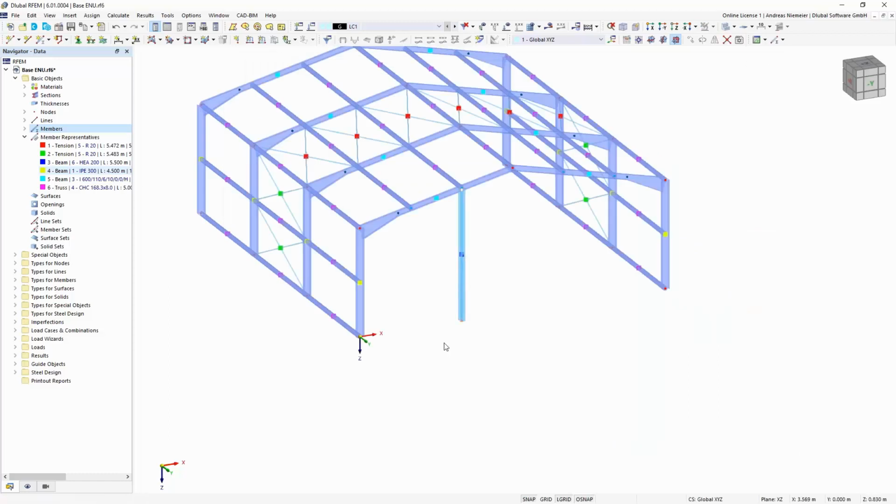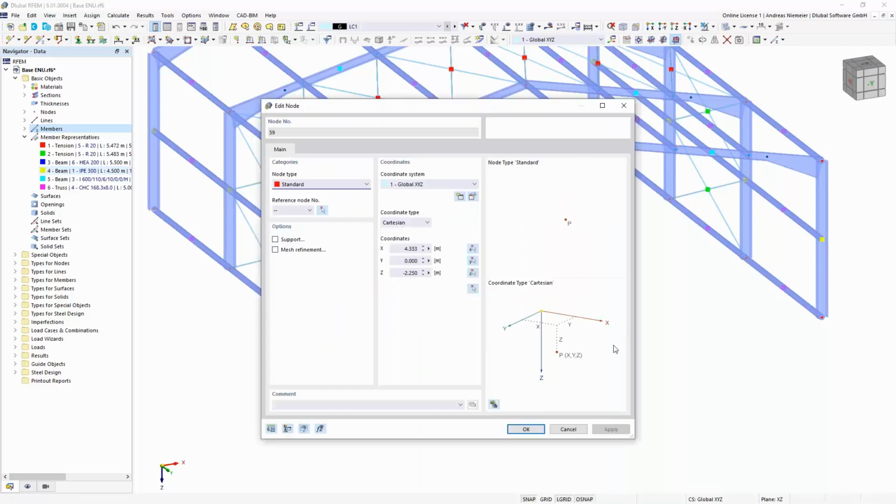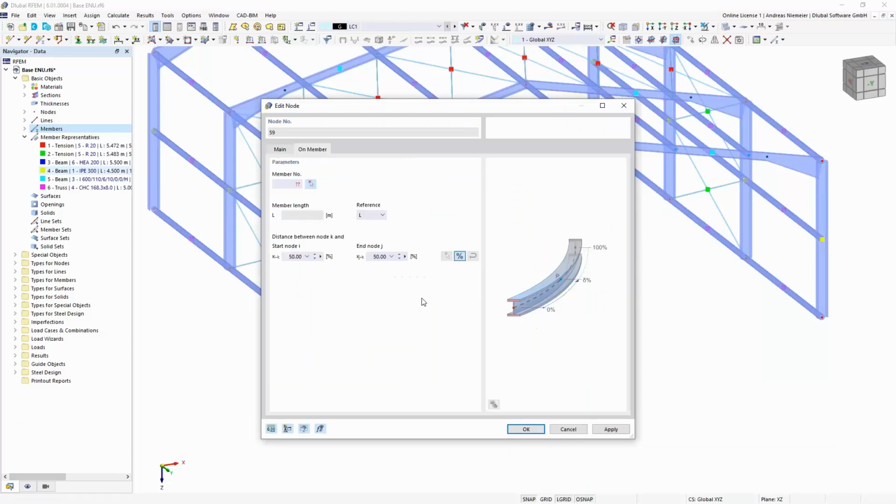We have the column, and the next step is that we have to bring in some connection points to the column. So I use, for example, these nodes from the outer column and copy them by drag and drop onto this column. And now I merge it with the column. So I double click this node and change it to type of member.